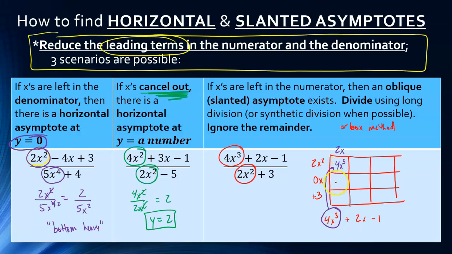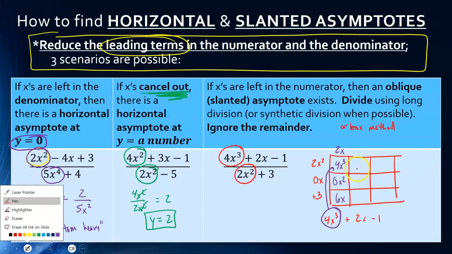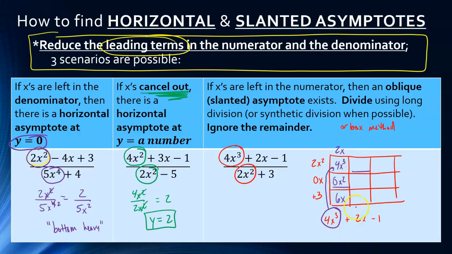So 2x times 0x, that would be 0x squared. 2x times 3, that would be 6x. All right, so now we don't care about the x squared term, because if you notice, the x squared terms add together to be whatever our x squared term is in our original polynomial. And we don't have an x squared term, so if we want to, we could put 0x squared in here. And so that means that this would be